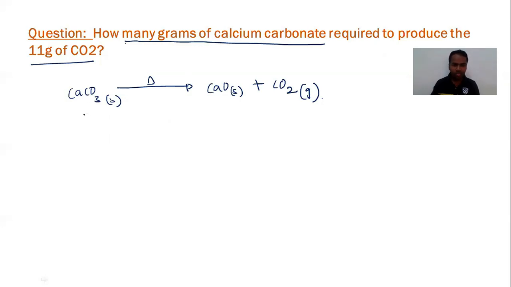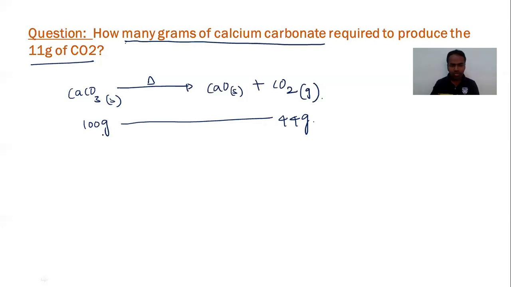CaCO3, how many moles are there? 1 mole. 1 mole of CaCO3 weighs 100 grams. Calcium 40, carbon 12, 3 oxygens are 48. Then you get 100 grams. So 100 grams of CaCO3 produce how many grams of CO2? Because the question is between these two parameters, that's why we need to compare the weight of CaCO3 and the weight of CO2. So 100 grams of CaCO3, 1 mole of CaCO3, can produce 1 mole of CO2. 1 mole of CO2 weighs 44 grams. So first we need to derive this relation. From this relation, we can calculate the answer here.